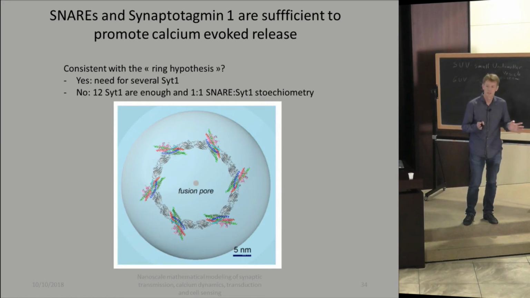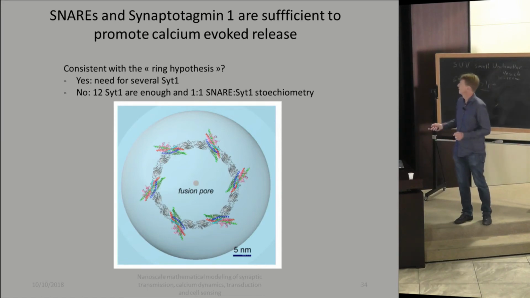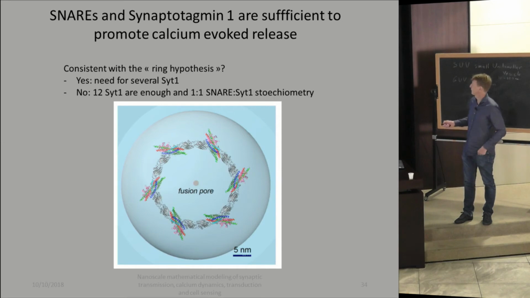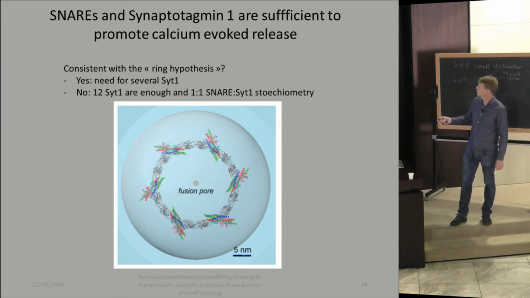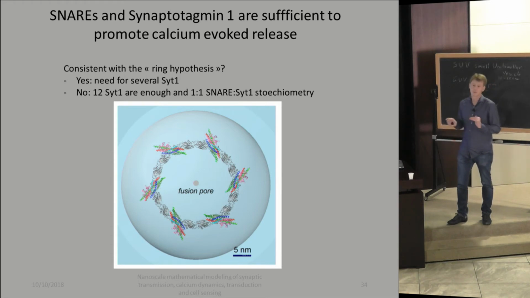It needs to oligomerize probably, or something like that. As a ring, we don't know, we don't see it. But it works when there are 12. I said 6, and when there are 12, it works. We don't know between 12 and 6, we didn't do experiments. So when there are 12, it's enough, and the 1-1 stoichiometry is enough also, which is more snares than you have here, and less synaptotagmin. So does the ring model work? I don't know. It has to be drawn and geometrically checked.